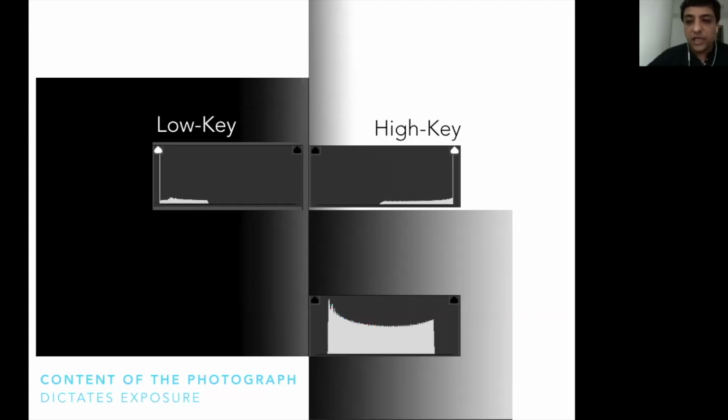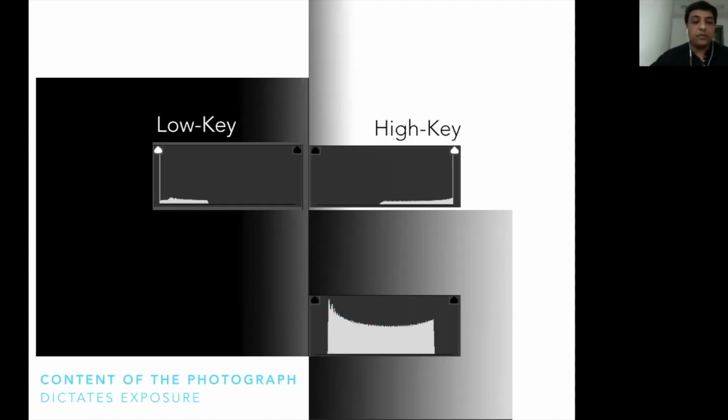Whereas if you see high key photograph, you would see that the histogram is tilted towards right. You would have a spike on the right hand side, and you would have details on the right side of the histogram. Now if you have a properly exposed photograph, there is this another photograph, and you would have everything in between. You would not have black or you would not have white. That is how you read histogram.